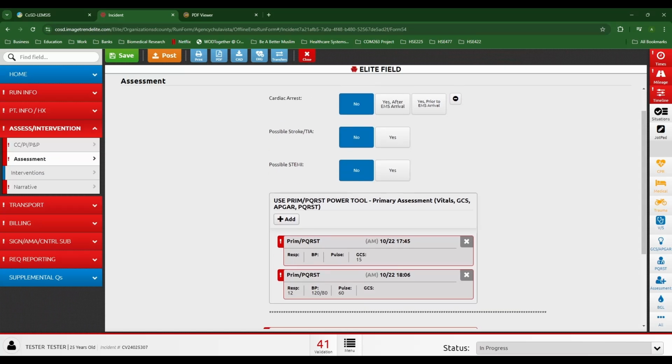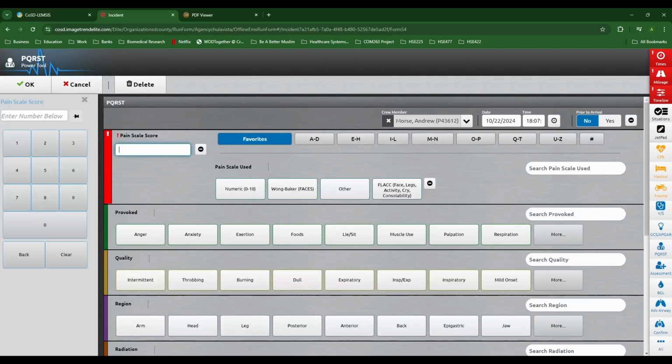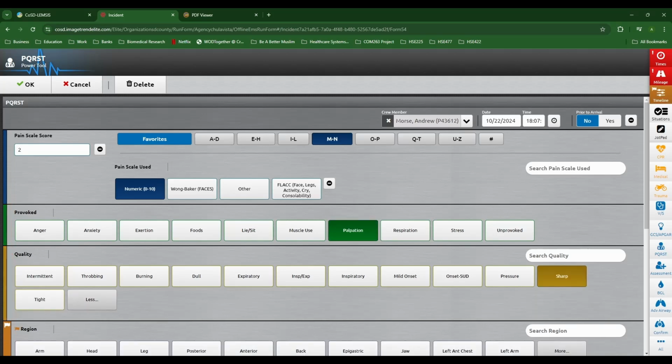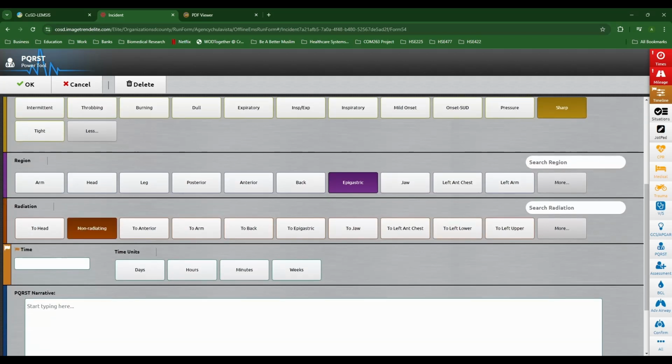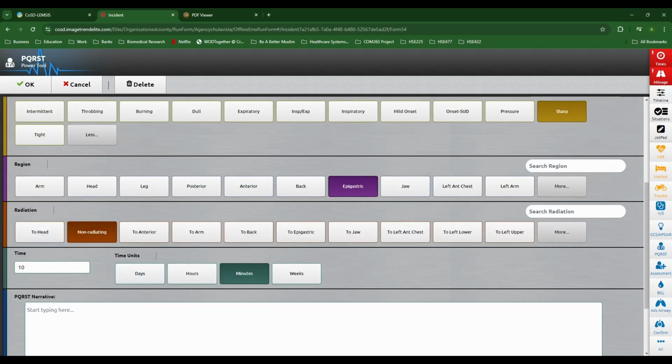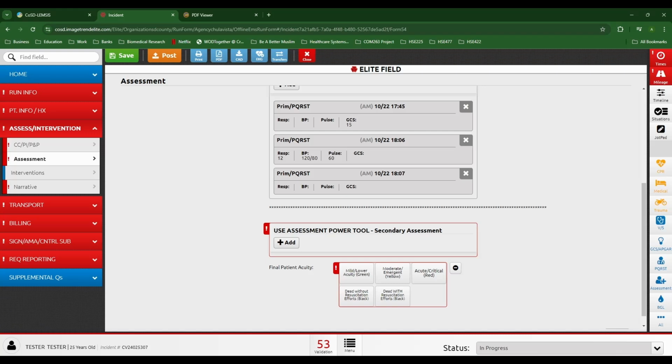So we know that the pain scale was done at patient arrival. And then let's say that they're complaining 2 out of 10 pain here upon palpation. It's a sharp pain, epigastric, non-radiating. And again, it's been going on for 10 minutes here. So now you can see that satisfies that. And then once you get to the assessment